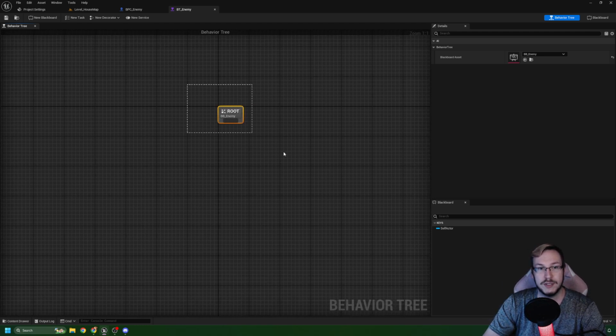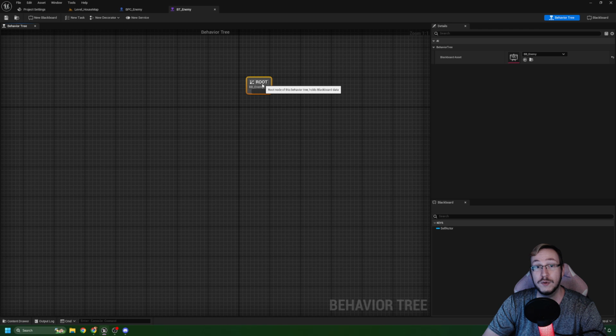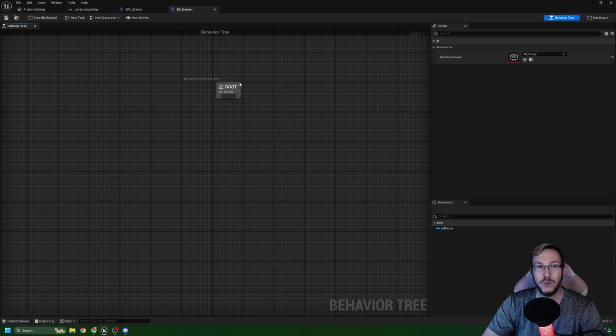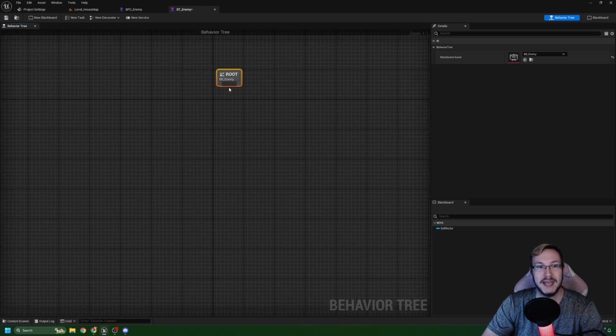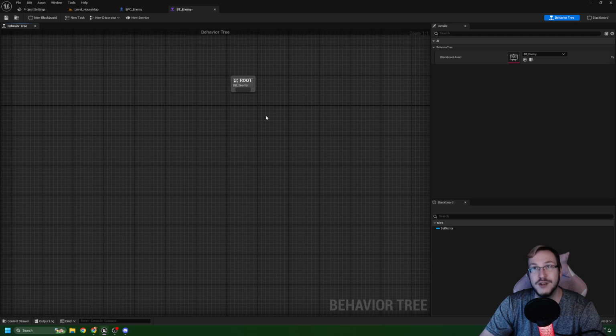This is the root, okay? This is where our behavior tree starts. Unlike real life, however, the root is going to be the top of the tree. Or I guess you could consider this like ground level, and we're going to expand the root down into the ground. In order to get our first command, our first neural connection in our brain, we're going to drag out